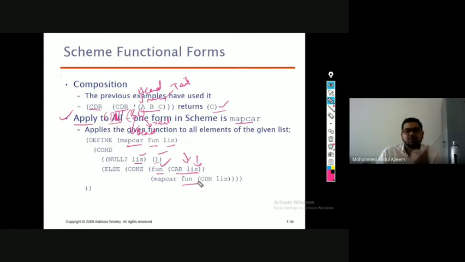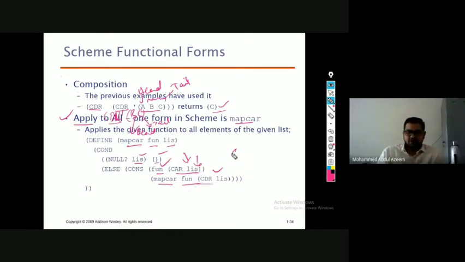So that is mentioned here, you can see. Mapcar of fun CDR list. With the help of this recursive function, we are able to generate and separate the elements of the list which will undergo the function that you have passed. So you are here first getting the first atom of the list. For example, you have, let us say, plus 2, 3, 4. The function is plus and the list is, let us say, 2, 3, 4. So then what happens?